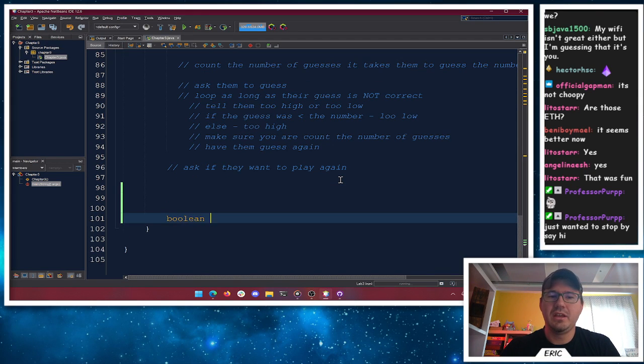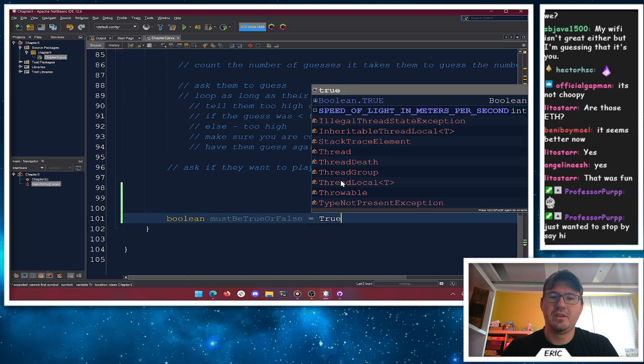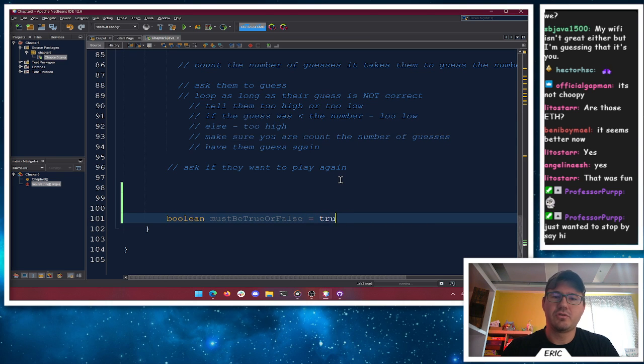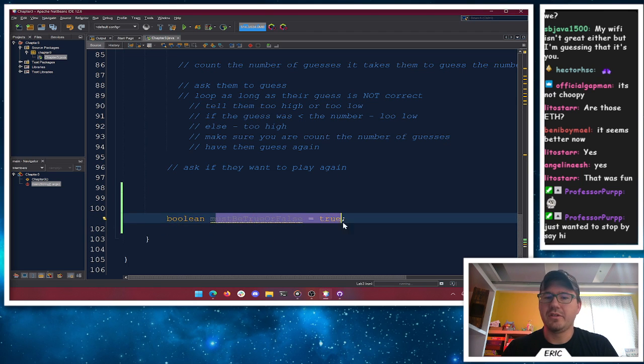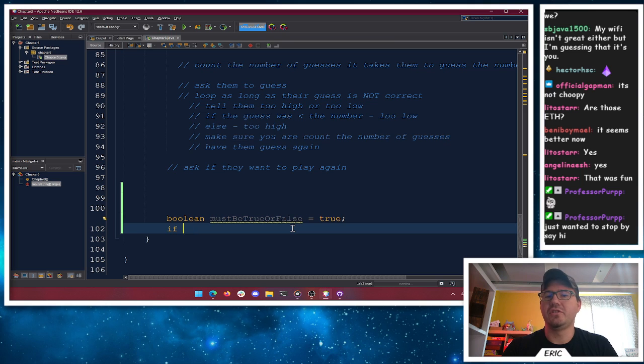A Boolean is something that is true or false. Right? This must be true or false. And you can say it's lowercase t true or lowercase f false. That's all it can be. Something is either true or false. Now what's fun about these though is you can use them inside of expressions. You can say, hey, if must be true or false,